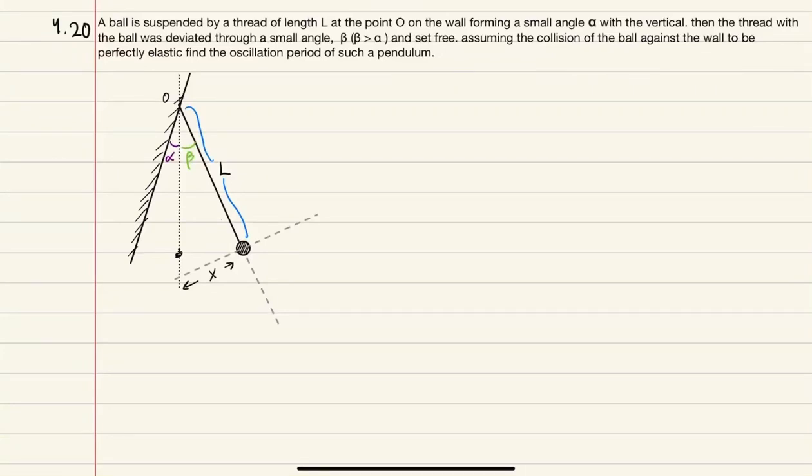A ball is suspended by a thread of length L at the point O on the wall, forming a small angle alpha with the vertical. The thread with the ball was deviated through a small angle beta and set free. Assuming the collision of the ball against the wall to be perfectly elastic, find the oscillation period of such a